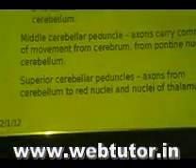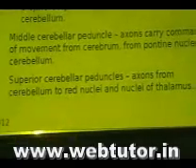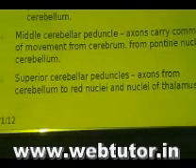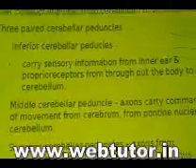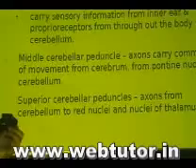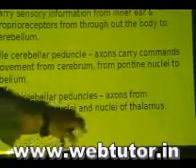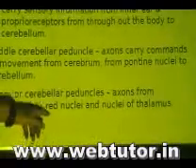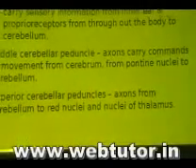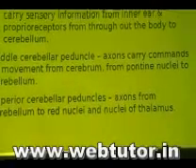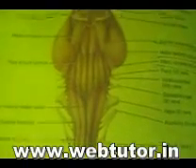Then you have the superior cerebellar peduncles. These are axons from the cerebellum which go to the red nuclei and nuclei of the thalamus. Red nuclei is a part of your midbrain, and you've seen there are so many nuclei of the thalamus. So if you see these peduncles, okay, this is your anterior,